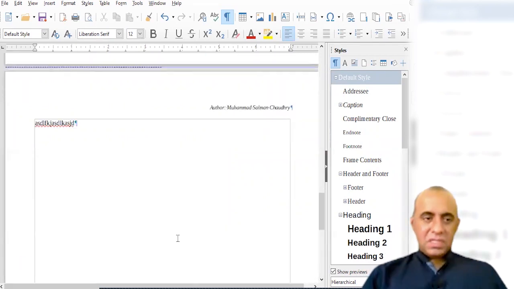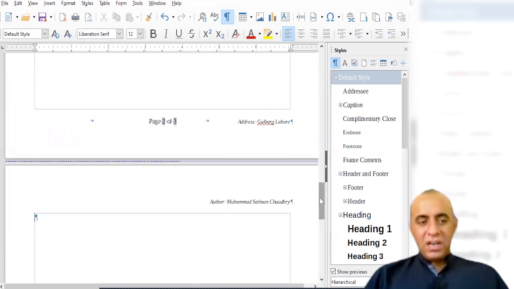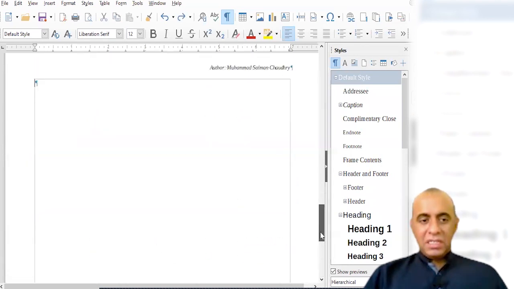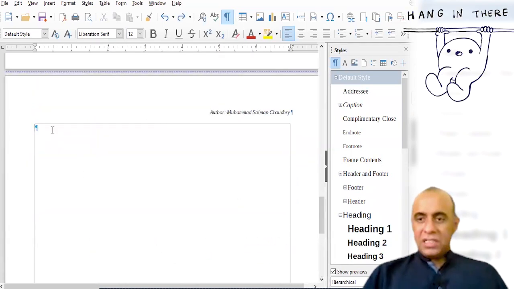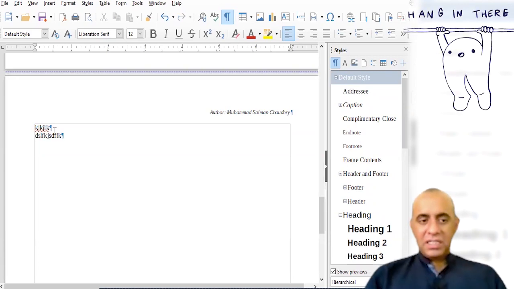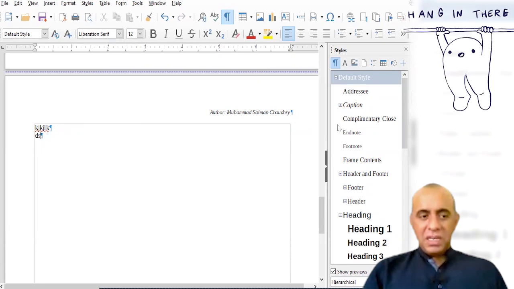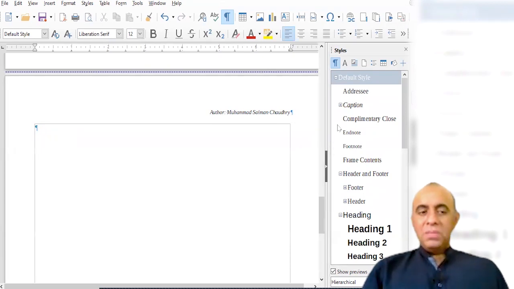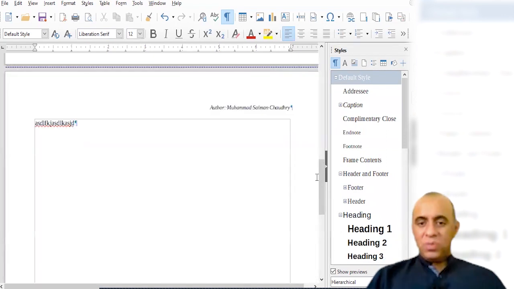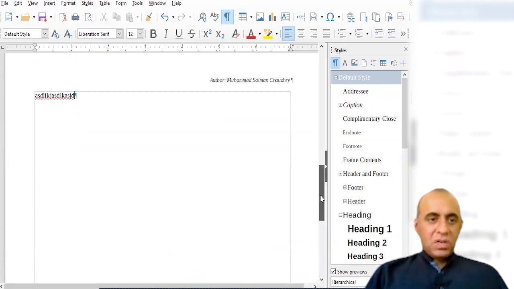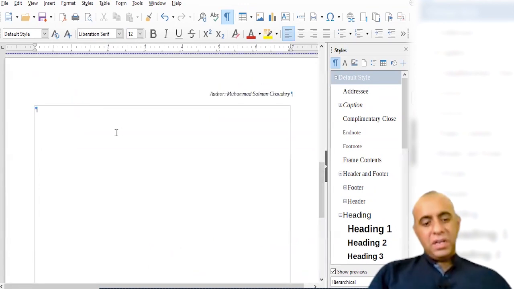I'm going to get rid of this third page. And how do I get rid of the third page? I simply keep my cursor blinking inside the third page, and there should be no other text inside page 3. So if there is other text, I will have to delete all the text. So I'm going to use the backspace key or shift select with arrow keys. And now if I press another backspace key, it is going to bring me to page number 2, and now the total number of pages is updated. So it says page 2 of 2. So far so good.